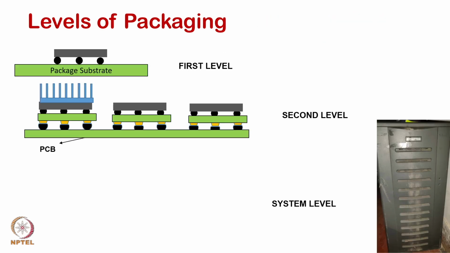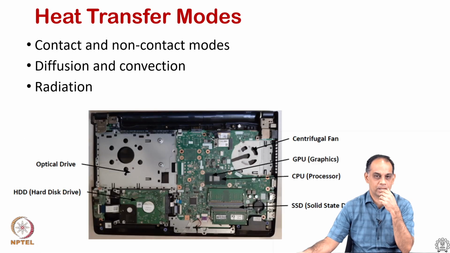So, moving forward, as we discussed, you can look at it from levels of packaging. The first level is what we call here as the package, solder ball and the die. Then the package is mounted with the heat sink, and it is connected to a PCB or the motherboard. Then this PCB is assembled into a box like this, and you get a system level. So, these are 3 levels of packaging, and as you can see, this is an example of a laptop,